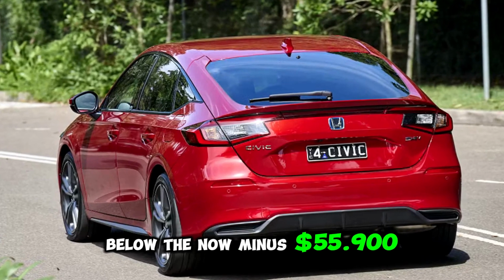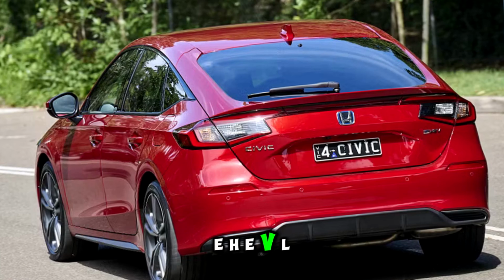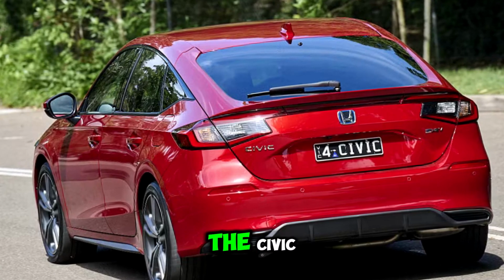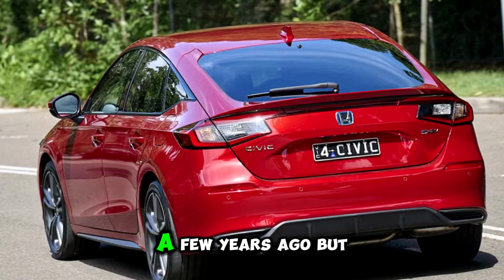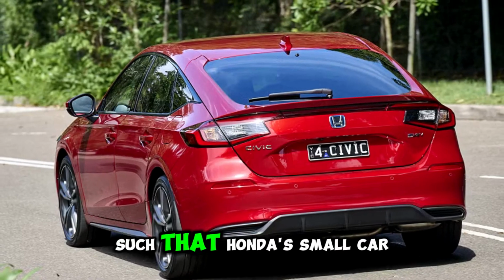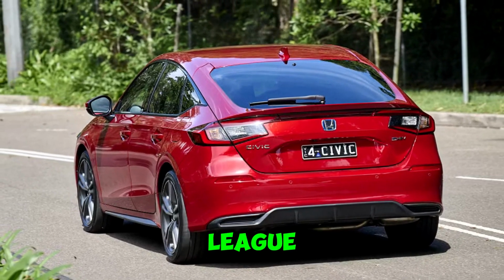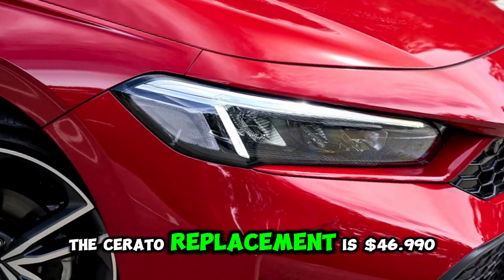Below the now $55,900 drive away HEV LX. It's clear the Civic has not moved too far from the price position set by the latest generation a few years ago. But its rivals have moved up in price, such that Honda's small car is now in the same league. The top-of-the-range turbo Kia K4 sedan, the Cerato replacement, is